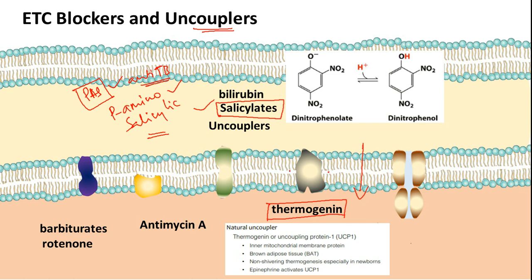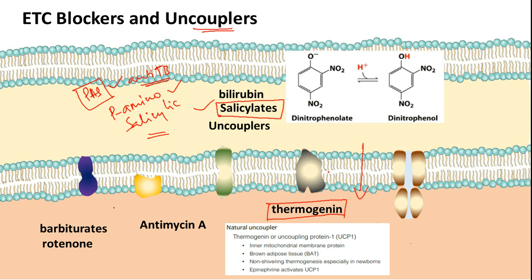The electron transport chain is an essential process for any living being, any aerobic living being. That's the reason why we don't have too many drugs which can modulate the electron transport chain, because in drug design or drug discovery, selective modulation of the electron transport chain is almost not possible. Hence we have very few drugs to modulate it.